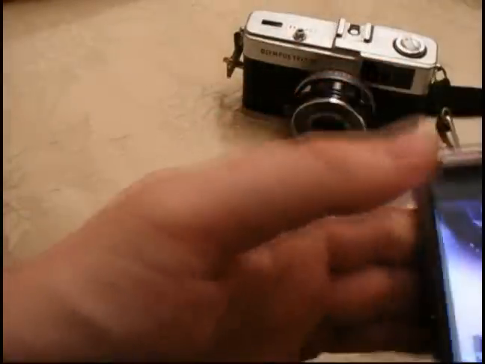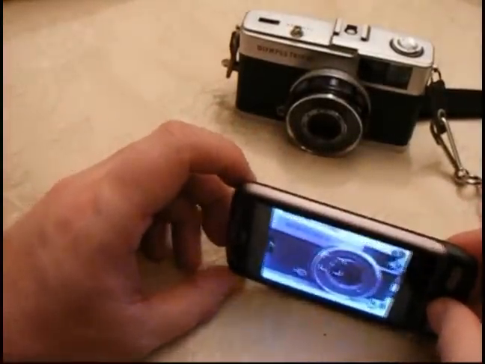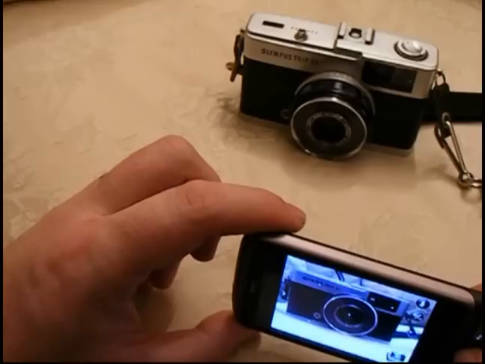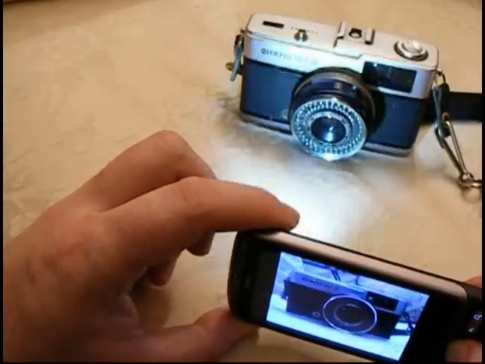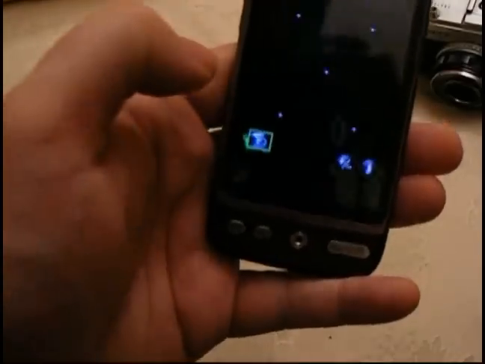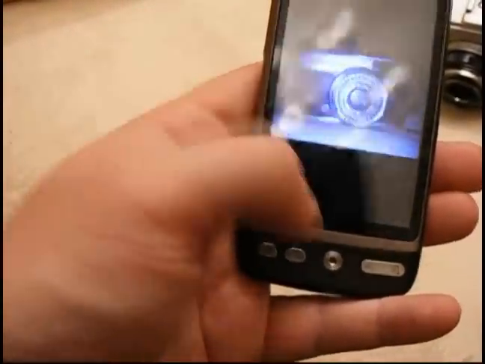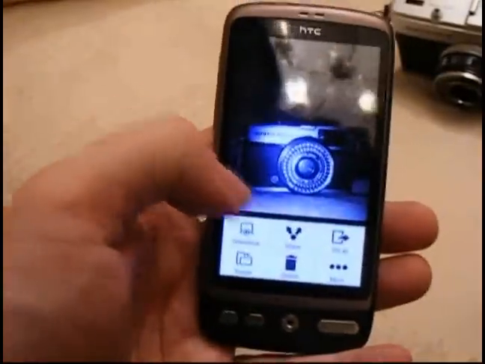So I flick the camera app on, and then just for demo's sake, I found this Olympus strip that I think is interesting. So I'm just going to take a picture of it. There we go. So I've got my photograph. Now all I have to do is look at the photograph. There it is. And then I just press menu, share,